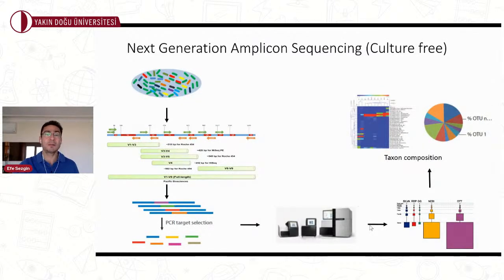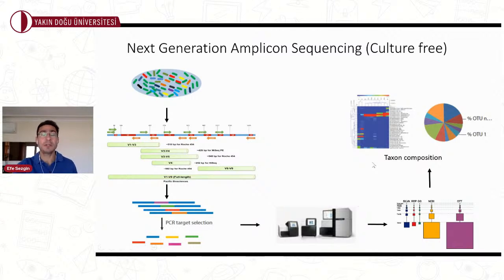Why is that so? Just like Professor Selin told you, it is because in the last 10-15 years, culture-independent identification methods have become quite popular. We use next generation sequencing. We just get a sample. We don't know what's in it, we don't need to know, and we don't need to optimize any culture conditions. We just do genetic analysis on the 16S region, sequence with next-gen sequencing, compare these genetic data to certain databases, and identify the taxon composition.